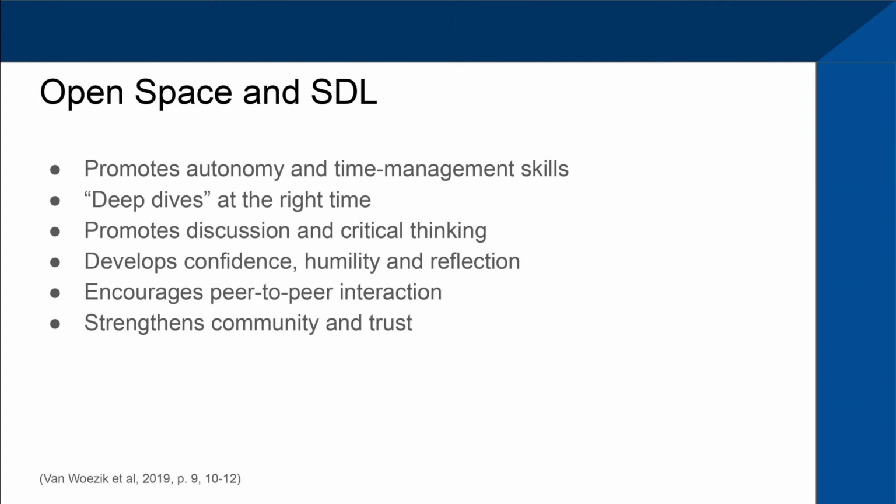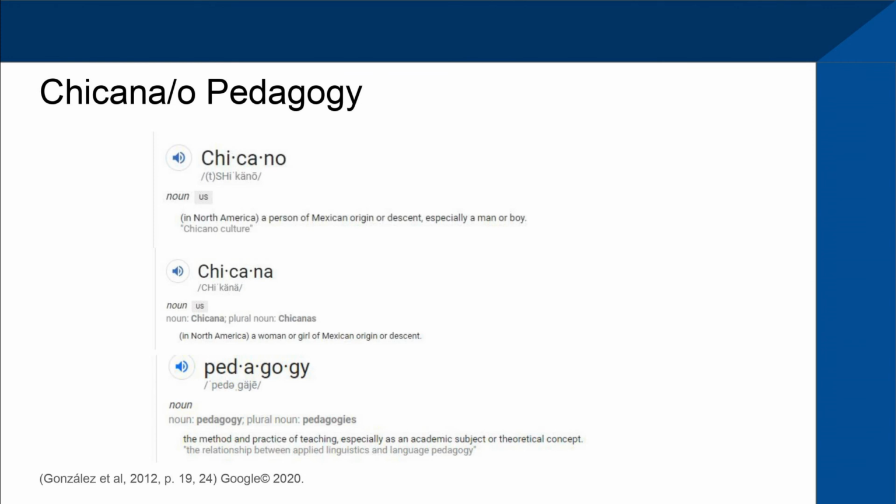First, let's break down the term for those who aren't familiar. First off, Chicano and Chicana are gendered terms which refer to people of Latino and specifically Mexican origin who think similarly in terms of values and ideology. Pedagogy, by itself, is a word referring to education and teaching, so together, it's a system of education by Chicanos for Chicanos. Think of this as an example of the law of 2 feet. The people who need this pedagogy find it and are welcome to it.